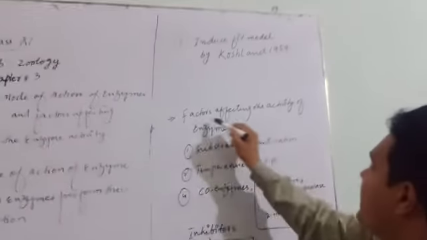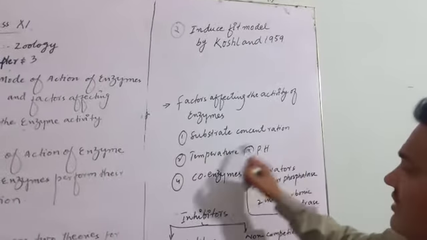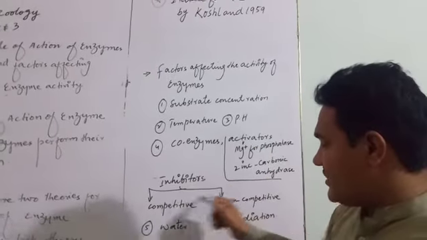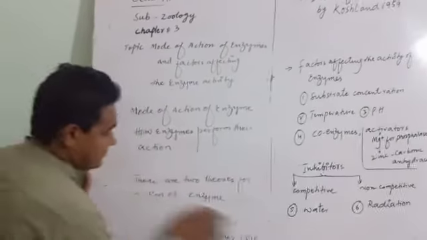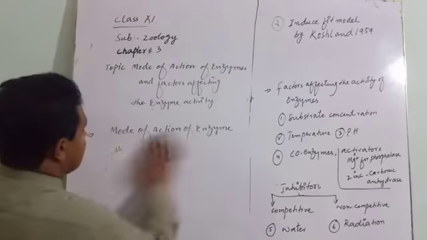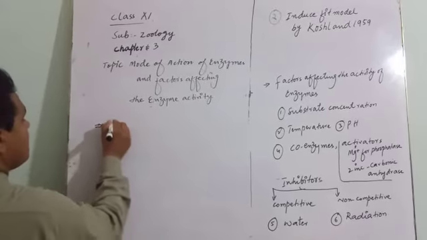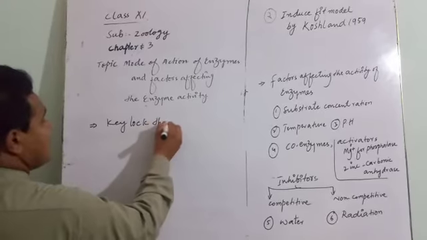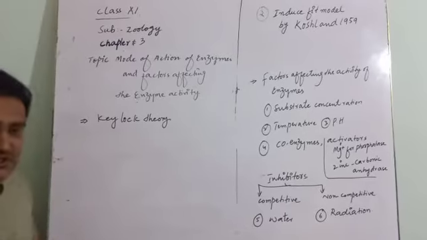Then we will discuss the factors affecting the activity of enzyme. Which factors are: substrate concentration, temperature, pH, coenzyme, activators, inhibitors, types of inhibitors, water, radiation. Now we are starting the Lock-and-Key theory. According to this theory,